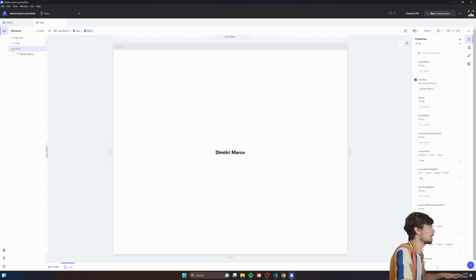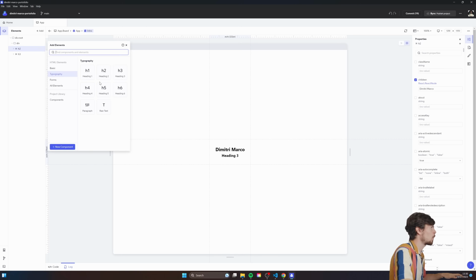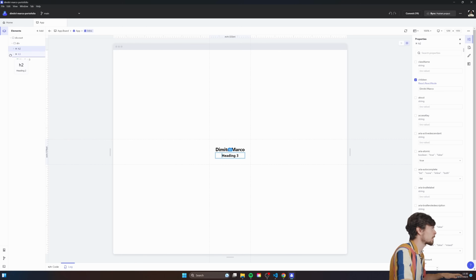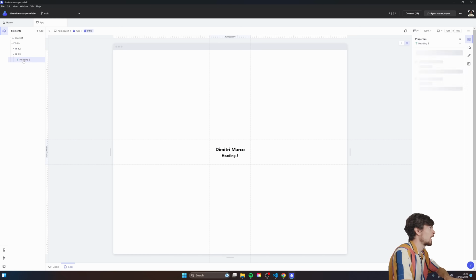Perfect. And after that, we are going to have a H3 in here. So let's drop that in there. I'll make sure it's below. And as you can see, if you hold and highlight, you can see where you're dropping it. So if I want to drop it in the div root, I can let it go there. If I want it in, I can just slide it to the right and to the left like that. All right, cool. So I'll just drop this out. I don't need this. So we have a H2, a H3, and this is gonna say something like software engineer